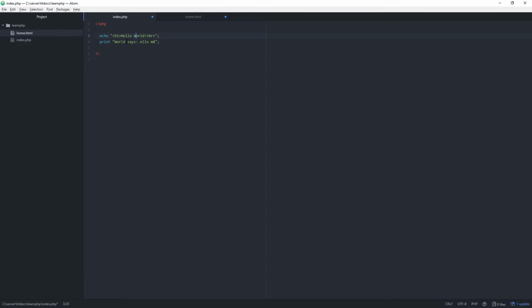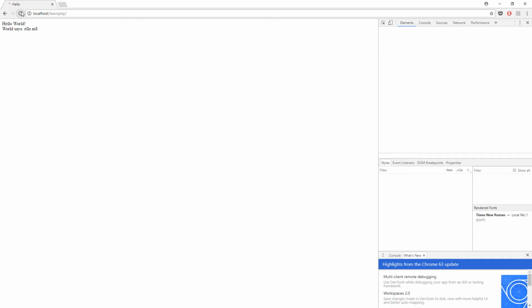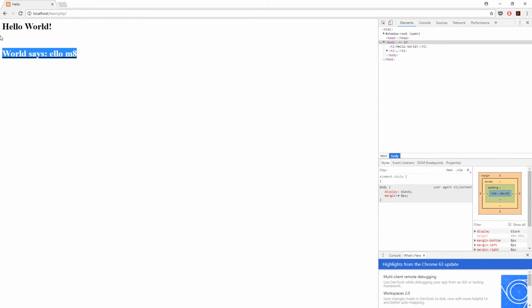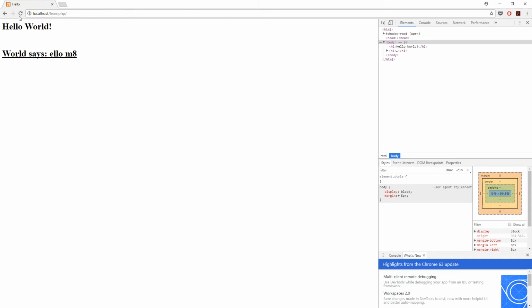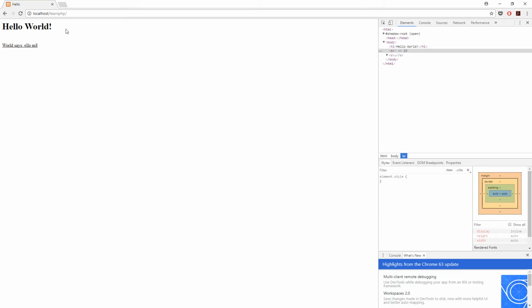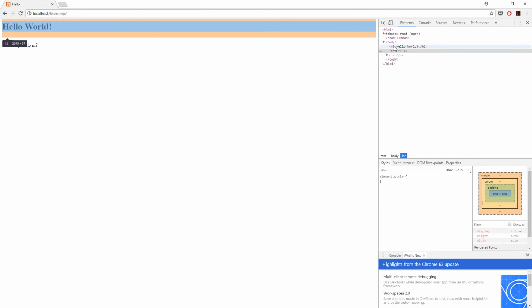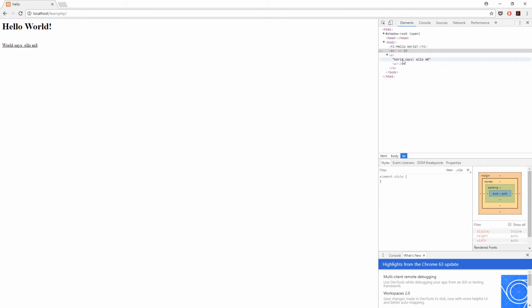We can make this a heading 1. We can make this underlined, as you see here, right? And the reason why it's all H1 is because I forgot that backslash. So here we go. We have our H1, as you can see here, H1 hello world, and our underlined